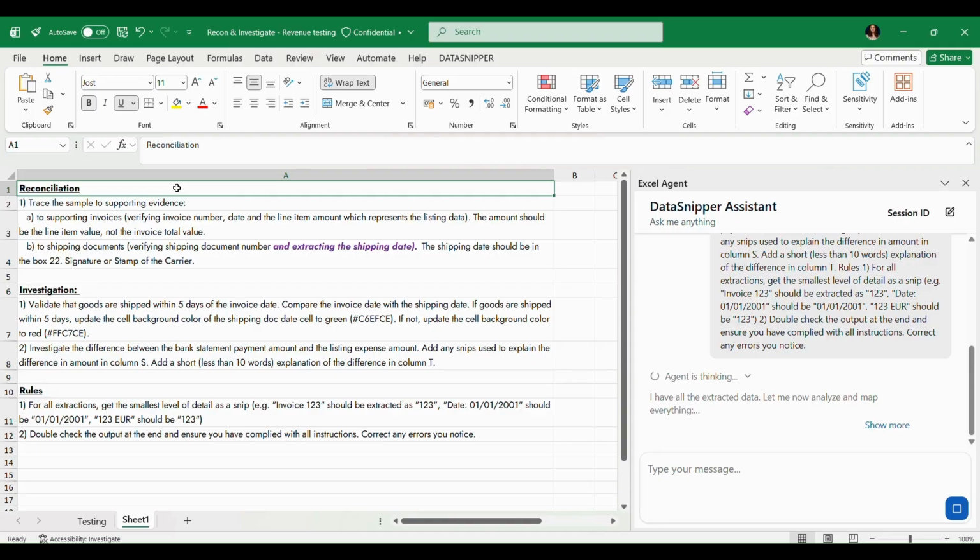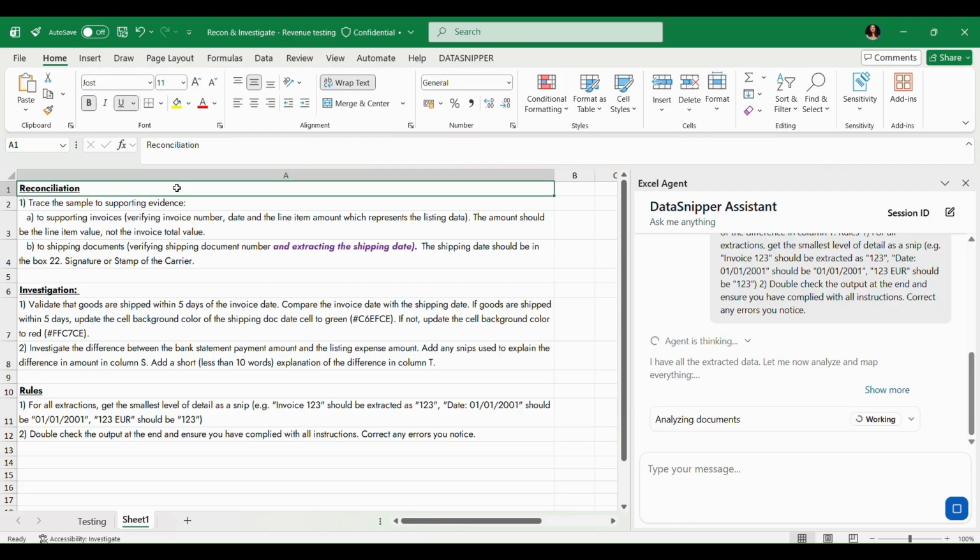Next, investigation procedures are performed to assess cutoff and payment accuracy. The shipping date is compared to the invoice date to confirm goods were shipped within 5 days, with conditional formatting applied: green if compliant, red if not. And any variances between the bank statement payment amount and the revenue listing amount are investigated and documented using SNPs,